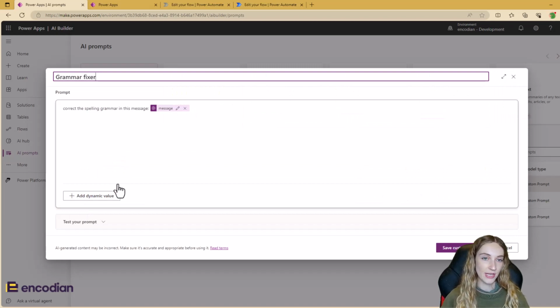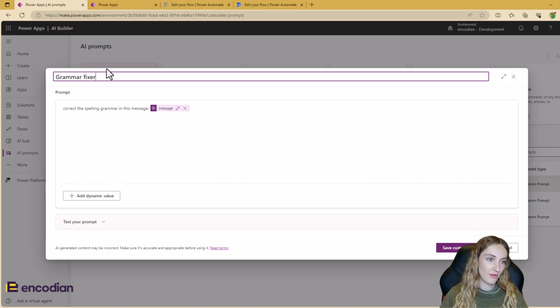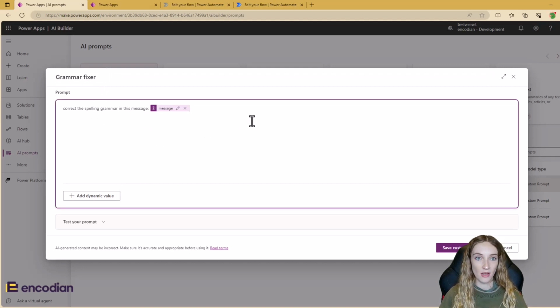So we can see we've got the same prompt window, but this is my grammar fixer. This is the prompt I've provided. I've asked it to correct the spelling and grammar in this message. And this message here, and what you probably noticed on the pre-built prompt, these are our dynamic input values. These are going to change each time the prompt is called, similar to how you use dynamic values in Power Automate, because they're dynamic. So in my case, my dynamic value is going to be the actual text that's going to be grammar checked